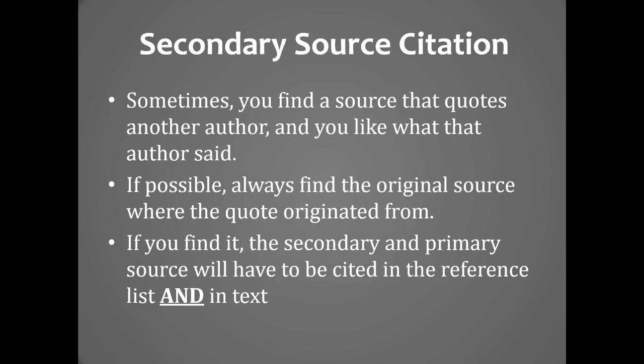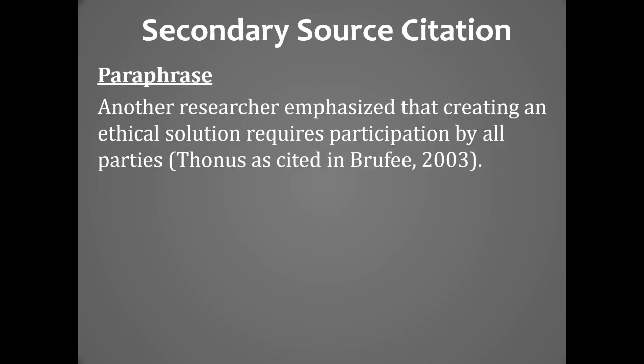In that case, and that would be the ideal, you want to include both the secondary and primary source, not only in your reference pages, but also cite them in the text. But a lot of times, especially when you have a review journal article, and you're, if you will, doing a literature review of a review, you're not going to go and find the original source. And so in that particular case,